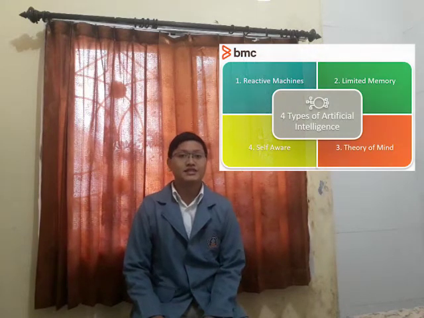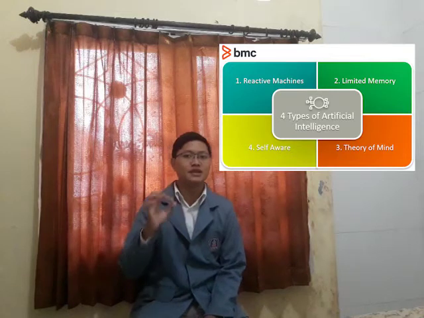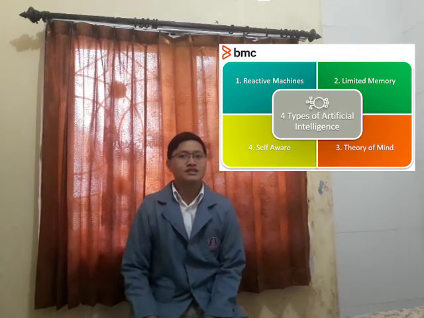Next is the second part, which talks about types of artificial intelligence. There are four types of artificial intelligence. Each type describes the role of artificial intelligence in a particular field and shows a visualization of artificial intelligence. First is reactive machines. Reactive machines perform basic operations. This level of AI is the simplest level. This type reacts to some input with some output.